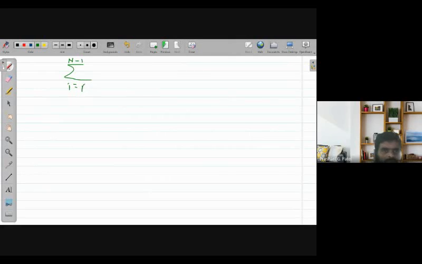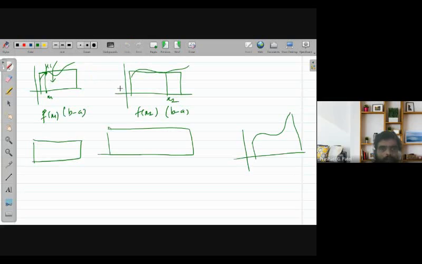I'm taking the 0 point, and I'm taking the point f of xi into b minus a, which will be the area of each rectangle that I have talked about here. That means the first rectangle is f of x1 into b minus a, the second is f of x2 into b minus a, and so on. So we have taken n rectangles,